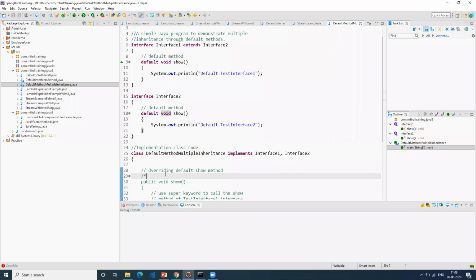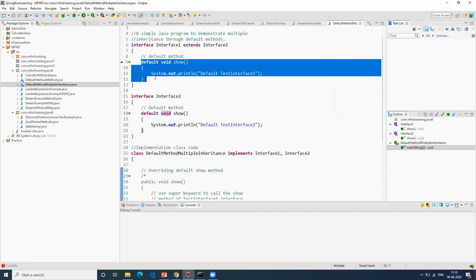You have multiple interfaces that you can use, and using that concept you can achieve multiple inheritance. Now, in Java 8 onwards, this multiple inheritance concept has been introduced with the help of default methods, wherein your interface will have a default method like this. I have added a show method here, and the same show method I have added here.